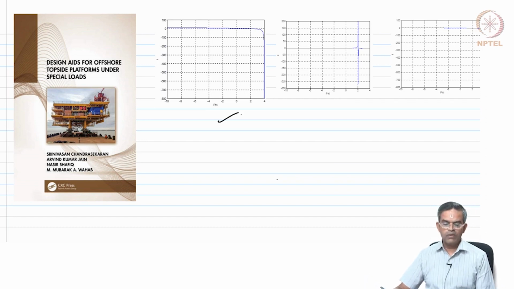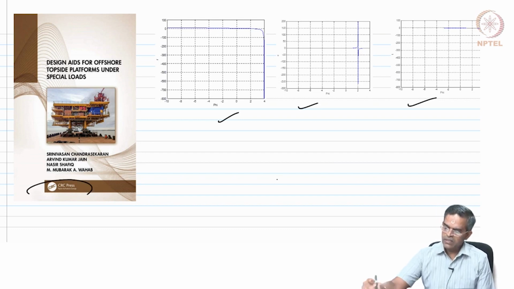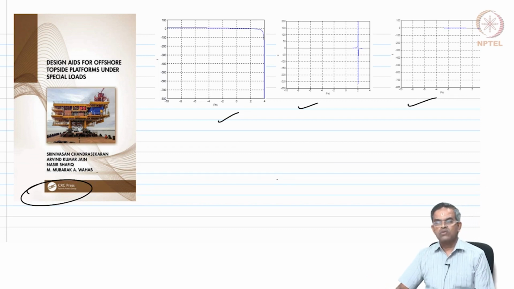So, please refer to this book, Design Aids of Offshore Structures, Topside Platforms Under Special Loads, which has got the stability charts and the table and also the MATLAB program. Okay, this is a CRC Press release. This book is available in the public domain. Please access this book through your institute library, subscribe this to your library, recommend this to your research scholars and friends and faculty colleagues, and I hope you will find very useful contributions from this book for your additional